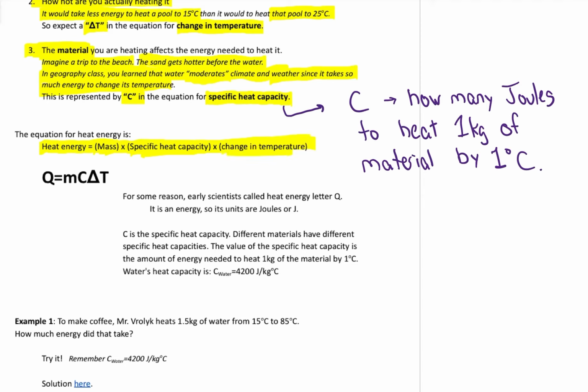That's the order that it normally gets written, and I can't give you a great reason, but sometimes you see it in chemistry, so maybe if you've seen it in chemistry, this shouldn't be a total surprise. For some reason, I'm blaming chemistry people. Instead of calling it like capital E with an H for heat energy, they called it letter Q. It's still an energy. We could call it capital E, but everybody calls it Q, and it's got the equation mc delta T. That tells us how much heat energy it takes to heat something up.